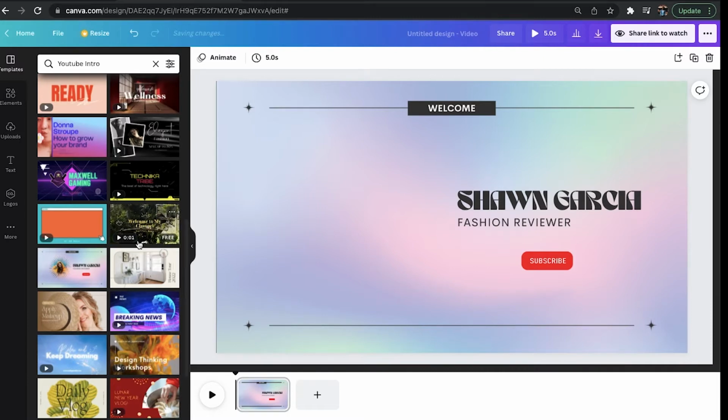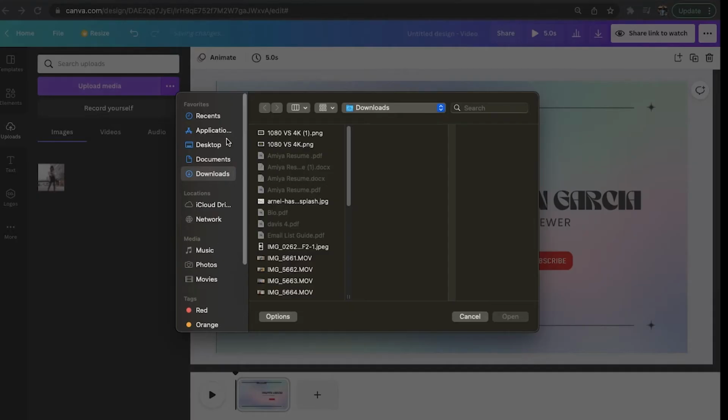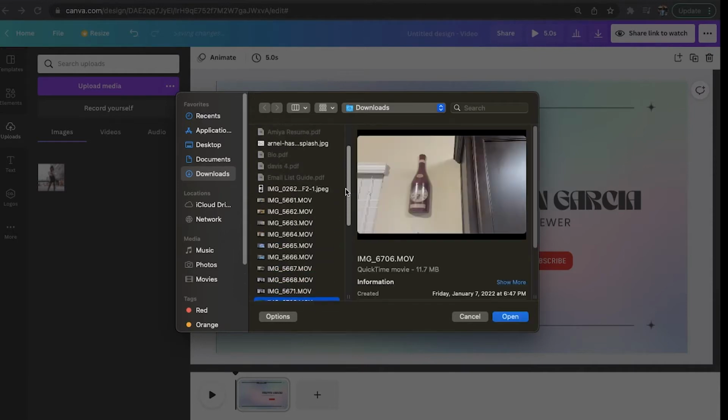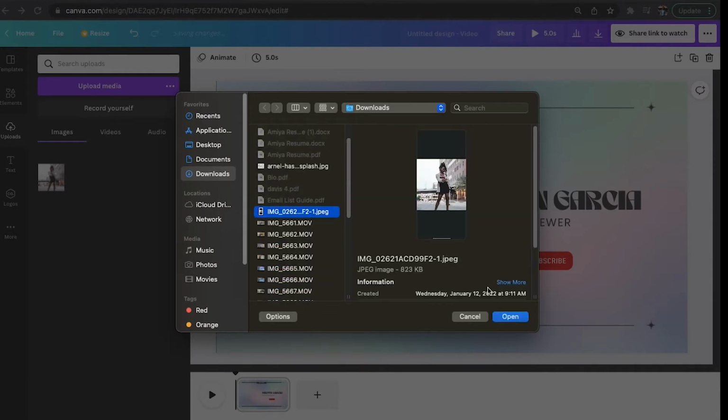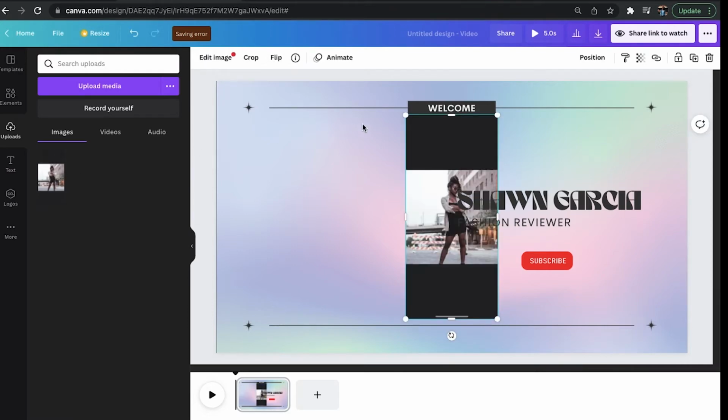So if you want to add or upload an image, what you'll want to do is come over here to uploads, and you can do upload media, and then wherever your image is, you click it, if there's a picture or a video, and you just hit open. So I already have an image within here. So what I'm going to do is go to my image here,